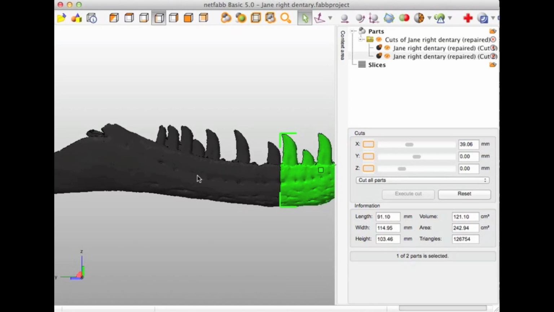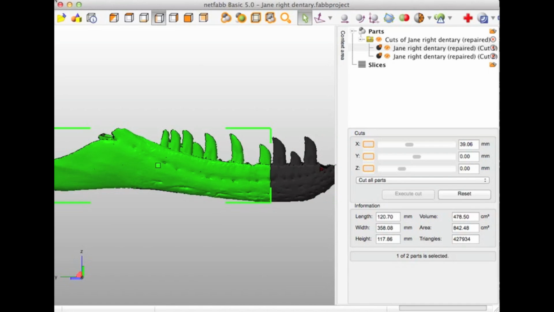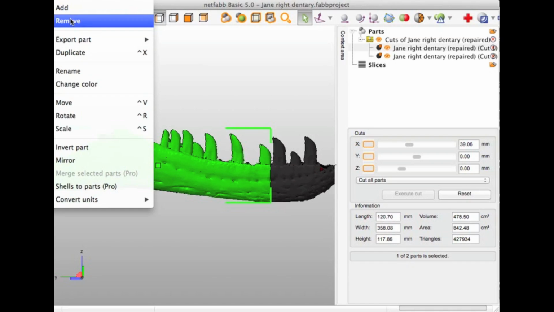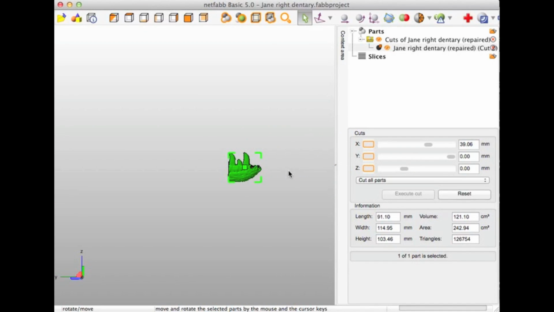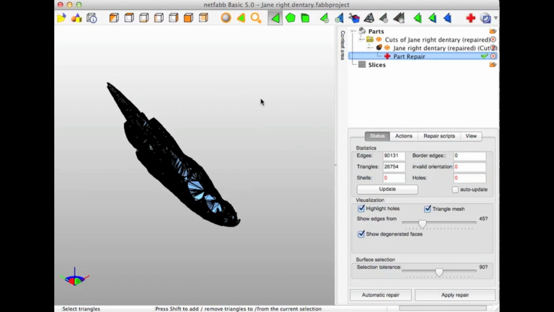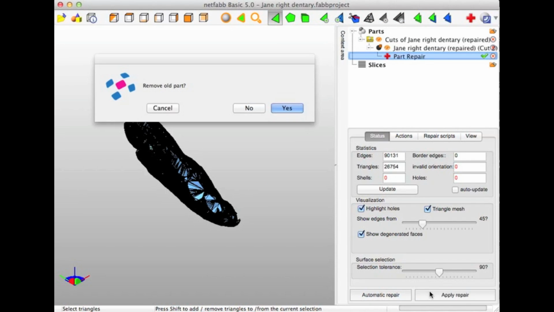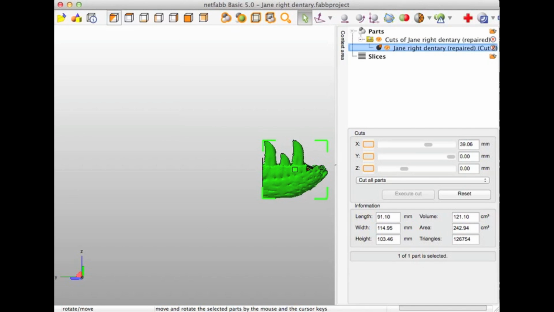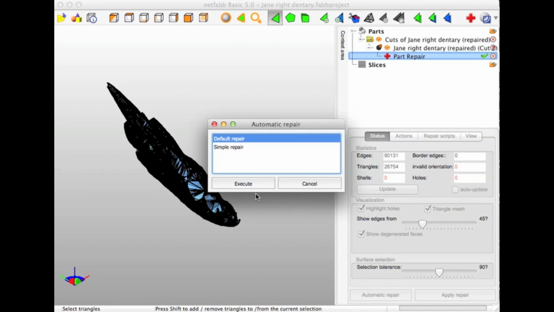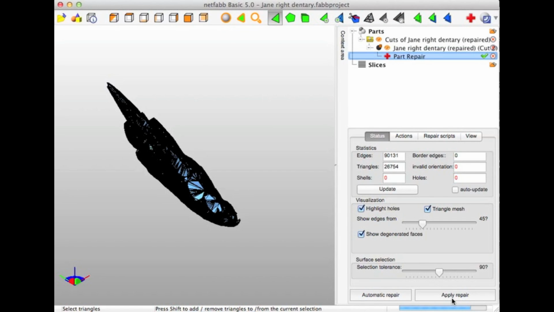So here's the new part. What I like to do is take the old part and actually remove that. And now I'm going to focus on this guy. I'll click Repair Part, and it's going to seal up that edge that I just cut. I don't think I did that right. Automatic repair, execute,